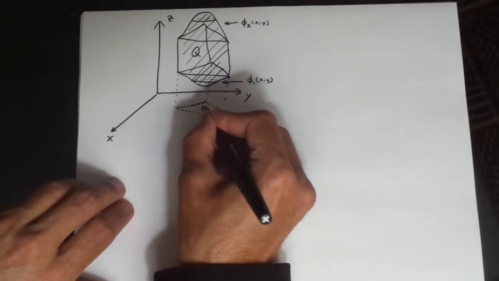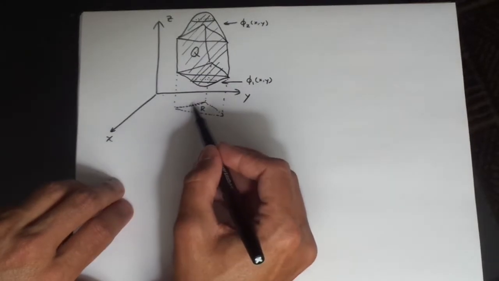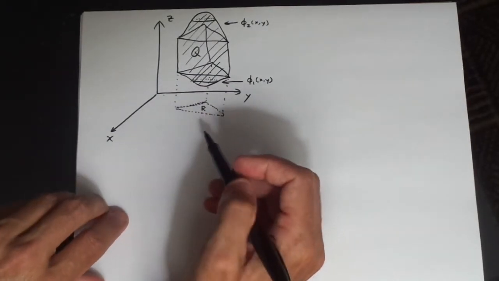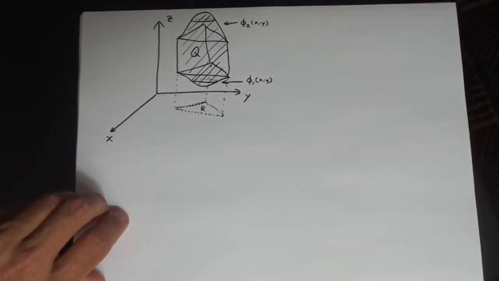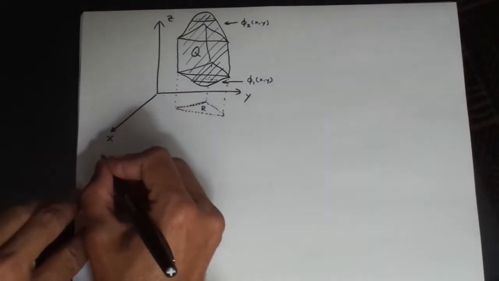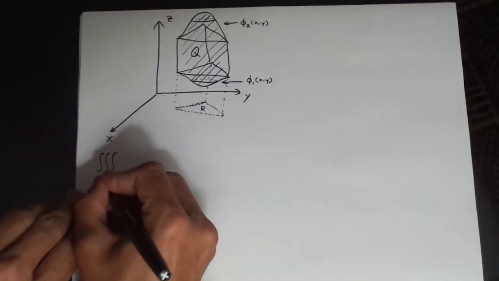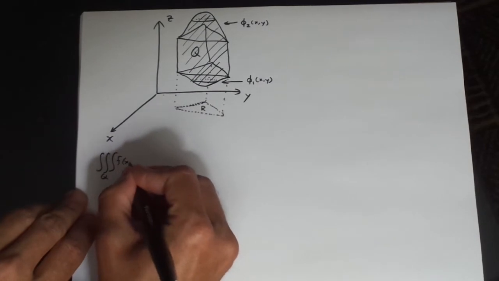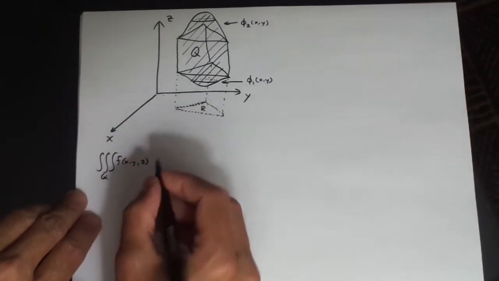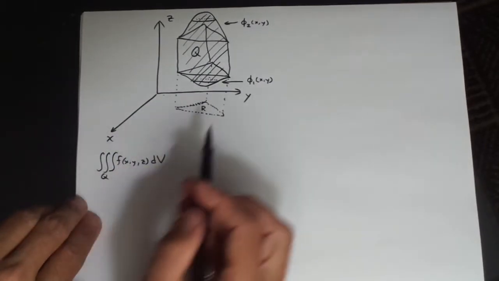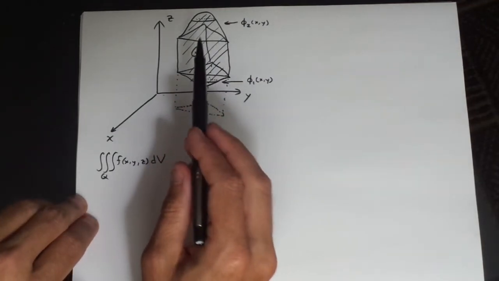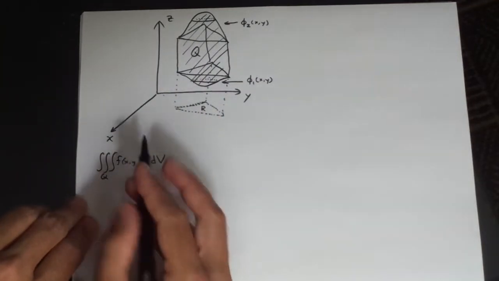In fact, I could call that R. It's like a region. It's a two-dimensional region in the XY plane. Now, if I was going to set up a triple integral, let's say we had some function f of x, y, and z, and I wanted to perform a triple integration over the whole entire solid Q,